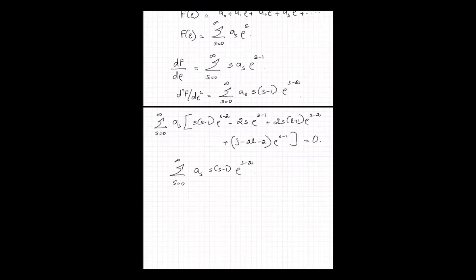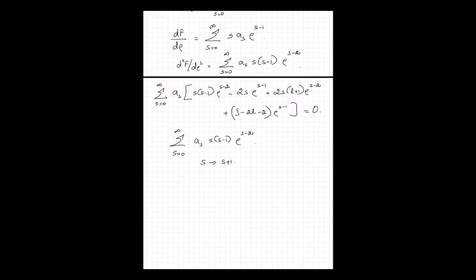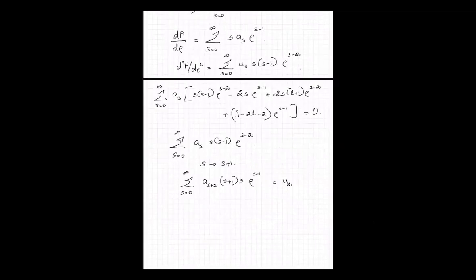So I might as well write this by relabeling s as s plus 1. If I do this relabeling, then what am I doing? The a_s becomes a_(s plus 2), the s becomes s plus 1, and the s minus 1 becomes s plus 1 minus 1, which is s, and rho to the s minus 2 becomes rho to the s minus 2 plus 1, which is s minus 1. And now I can take this from s equal to 0 to infinity, because the first term here is basically a2 times, when s is equal to 0, this is still 0, but when s is equal to 1, this becomes,